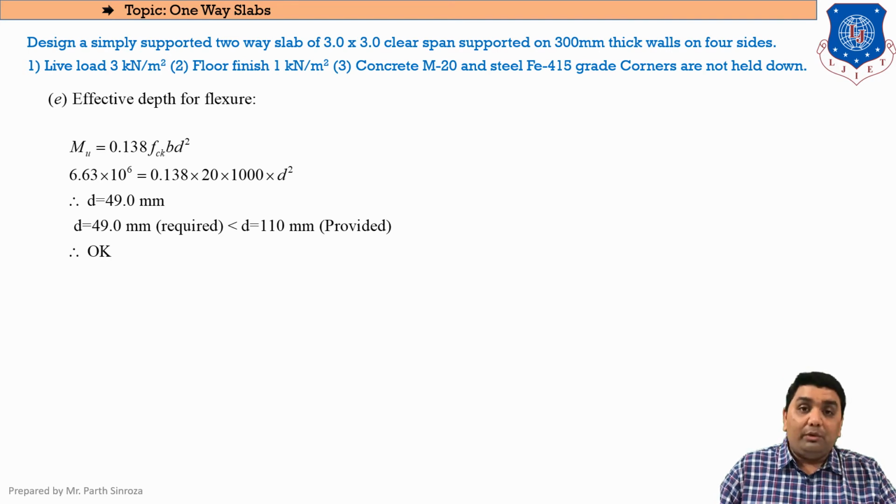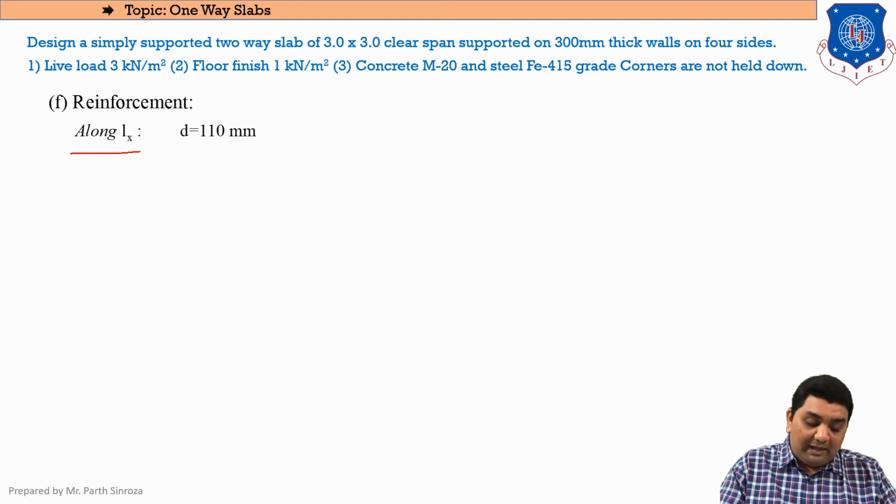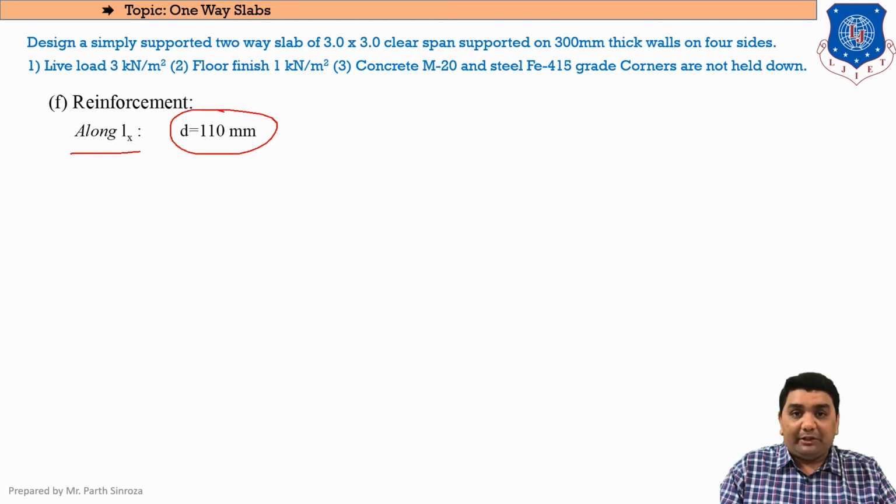So now moving towards the steel reinforcement. The next step will be the reinforcement design, or finding the steel content and spacings. First, as we all know that we are dealing with two-way slabs, so there is no distribution steel here. So we will be dealing with main steel in both directions. First we will look at main steel along Lx, and then main steel along Ly. For Lx, d, as we all know, we have calculated it to be 110. So whenever in the Lx portion we need to substitute d, we will always substitute it to be 110 mm.